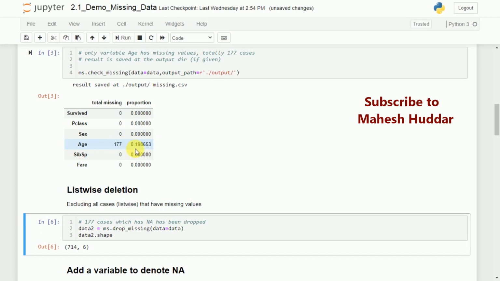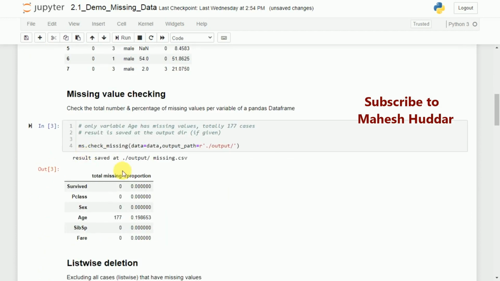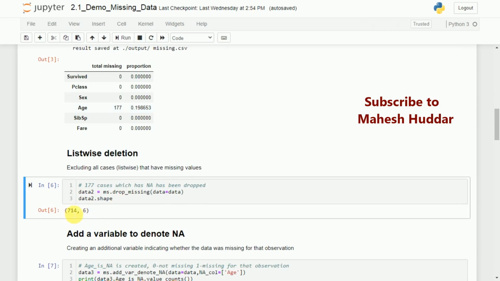Now if you check the shape of your data, you will see only 714 instances. Previously we had 891. Out of 891, 177 instances were removed, so we get only 714 instances now. So this is one of the simplest techniques we can use, so that we get the data with no missing values.